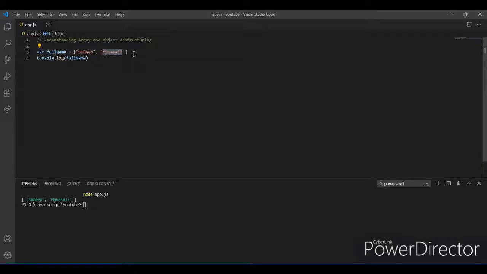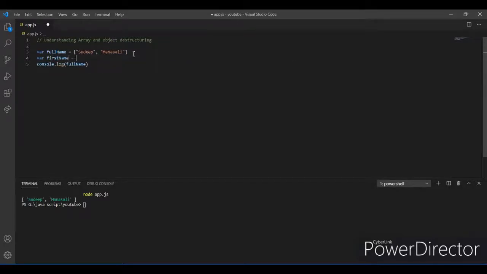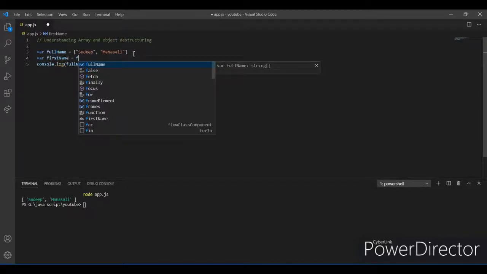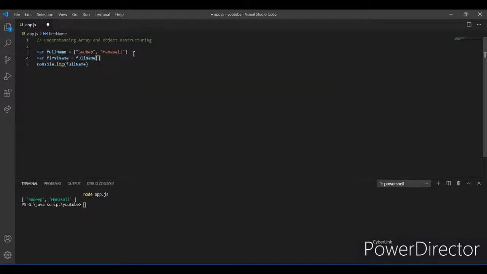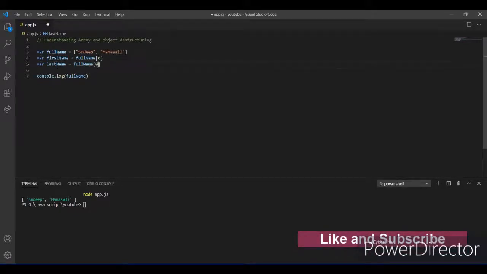You could do this by manually writing it as var first name with full name with index 0, copy that, and the last name, full name with index 1.